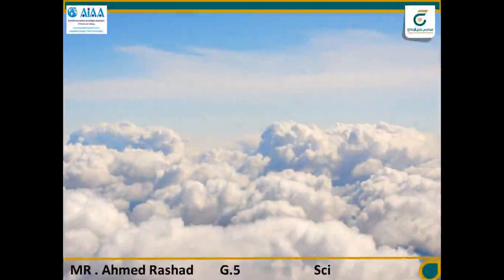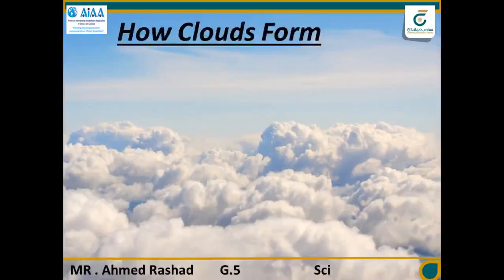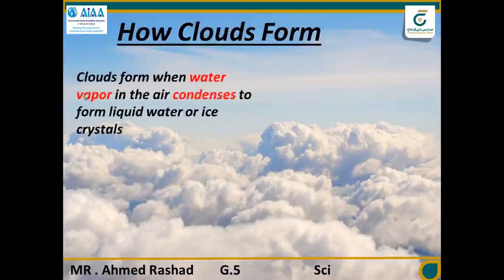We should know how clouds form. We know from before that clouds form in a step in the water cycle called condensation. So clouds form when the water vapor condenses. Clouds form when the water vapor, in some specific layer in the atmosphere, converts to liquid